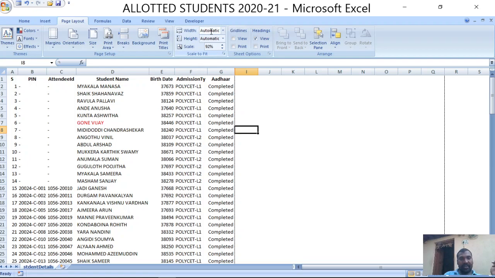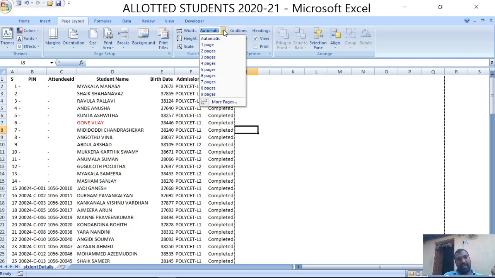And here we have the options width, height and scale. Here we have chosen a scale of 92%, meaning the entire document is going to be printed on a paper. If the size of the information is higher compared with the size of the paper, at that time we reduce the scale to 92%, which means we are decreasing the size of the information, so it is printed smaller on the paper.